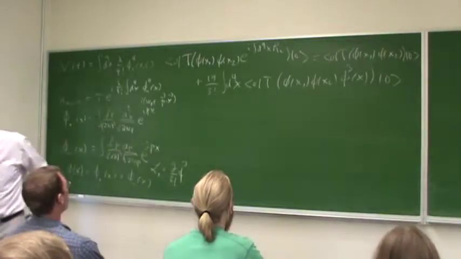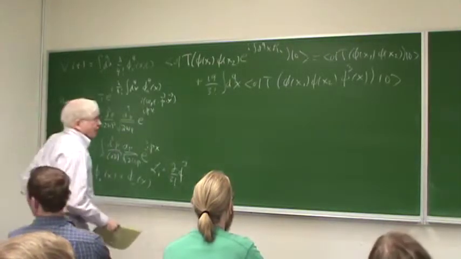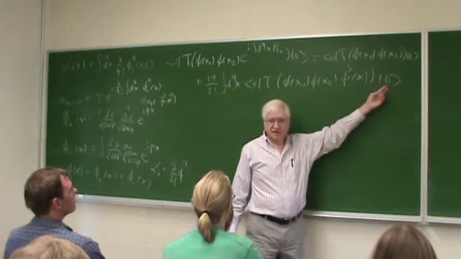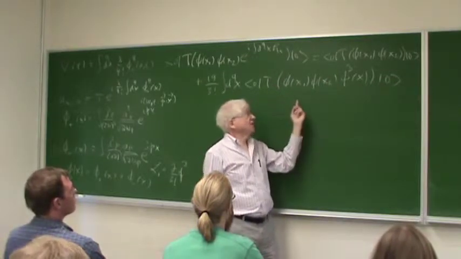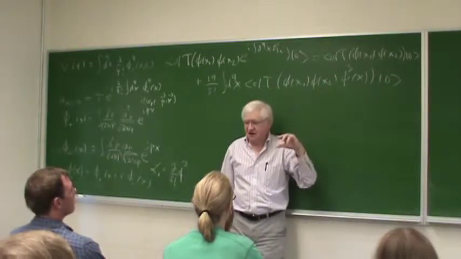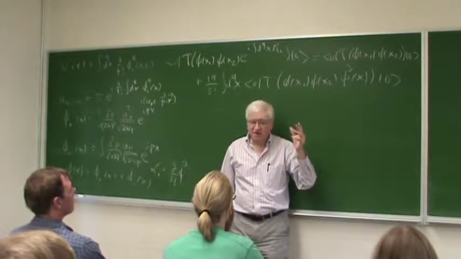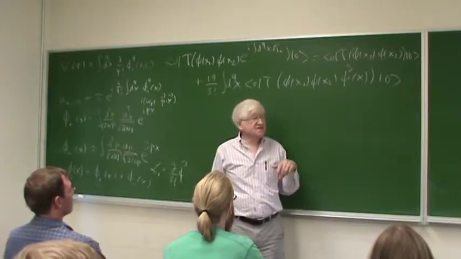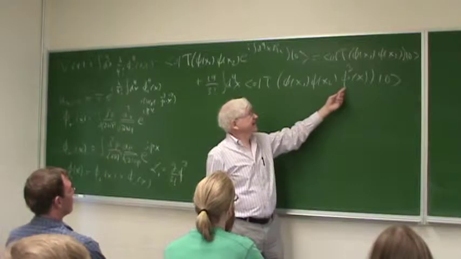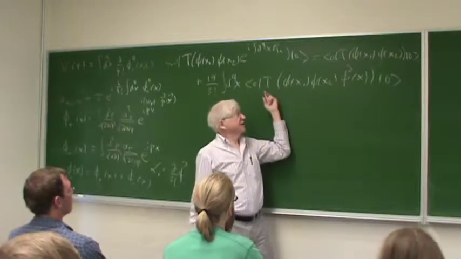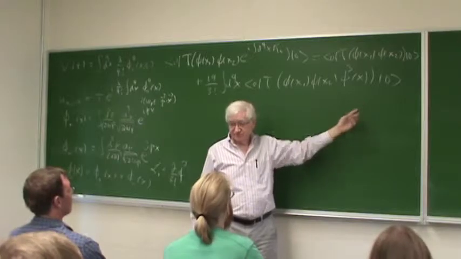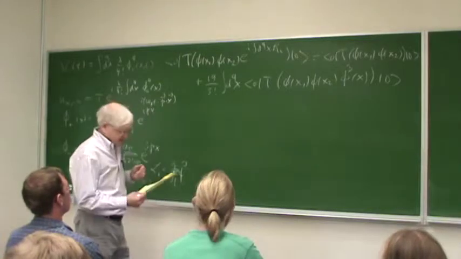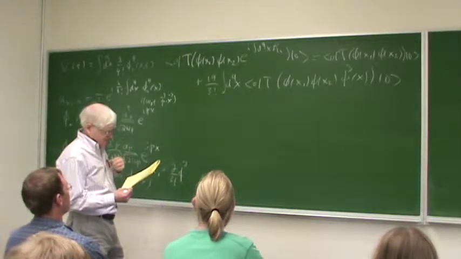Now this term is 0. Why is it 0? It's 0 because we're starting with the vacuum. We've got to get back to the vacuum, and the only way to do that is to create and annihilate the same number of particles. But each field either creates or annihilates, so there's just no way to get from there to there when you have an odd number of fields. At least an odd number of neutral fields. If they're charged, I'd have to think again. Probably couldn't do it then either.